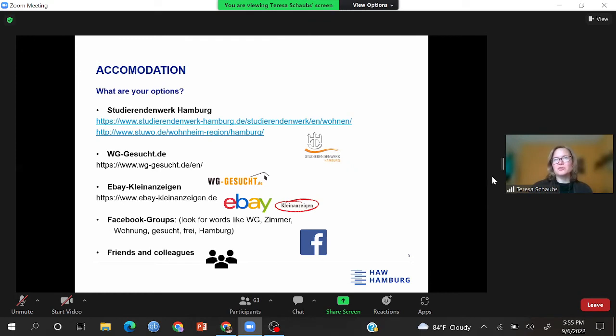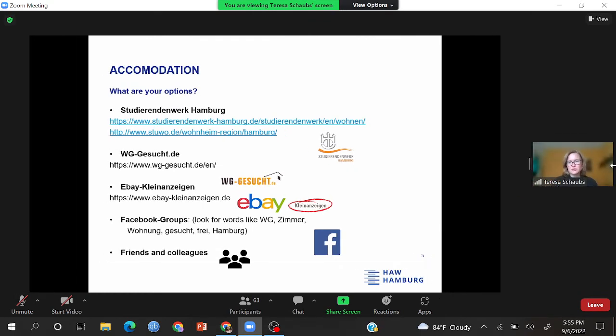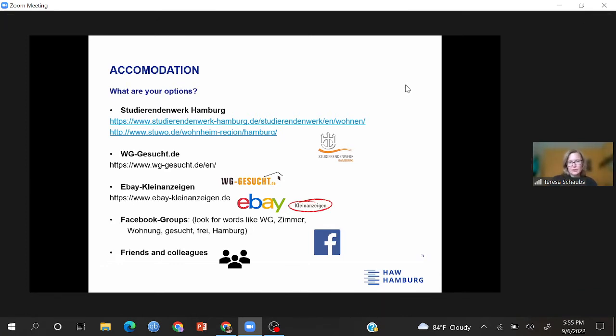Don't be discouraged if you find a lot of German advertisements that you don't understand. Keep looking, and sometimes you will find some English ones as well. And also create a Gesuch, a room search on WG-Gesucht, where you post about yourself, your maximum rent, your situation, what you are studying, what your interests are. Describe a little bit about yourself and then tell everyone you're looking for a room. When are you looking for a room? How long are you planning to stay in Germany, and so on. So write a little bit and then put a room search on WG-Gesucht.